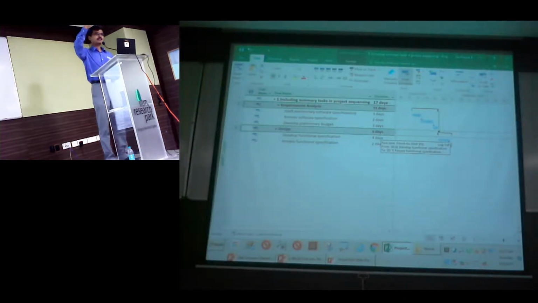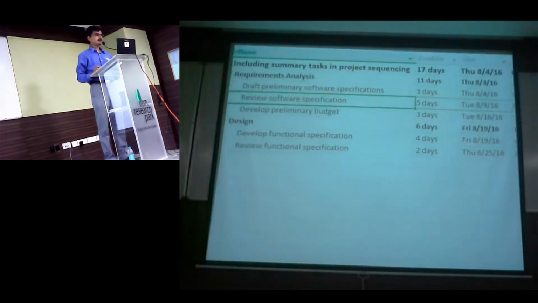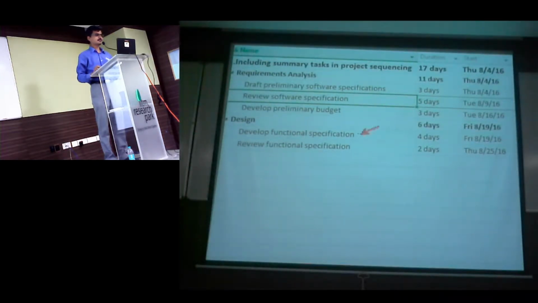But changes are inevitable. Right now, you might say everything is finish to start. Later, you might say I'm going to do fast tracking, or I may need to change it to start to start, or something else. But let's ask ourselves, among these three activities, which activity is really required to start your functional specification? After review, I can start.